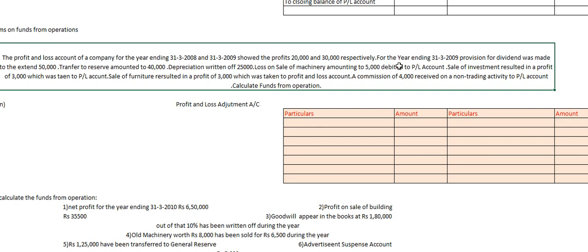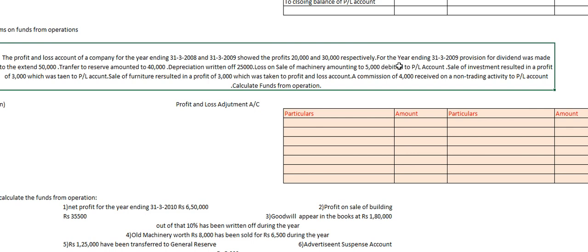For the year ending 31/3/2009, provision for dividend was made to the extent of 50,000. So provision for dividend is considered to be a non-operating expense, hence it will be debited. Transfer to reserve amounted to rupees 40,000. Transfers to reserves are also non-operating expenses, so debited. Depreciation written off was rupees 25,000. Again, depreciation written off is a non-operating expense, so